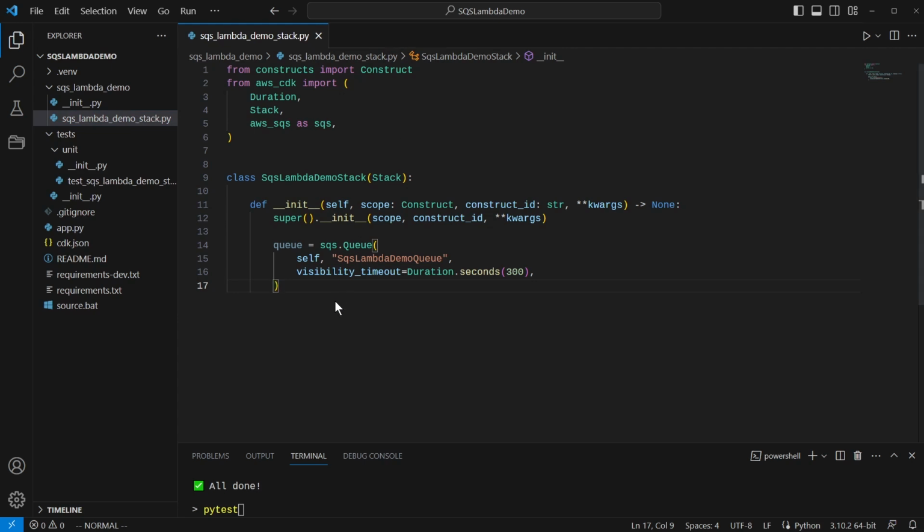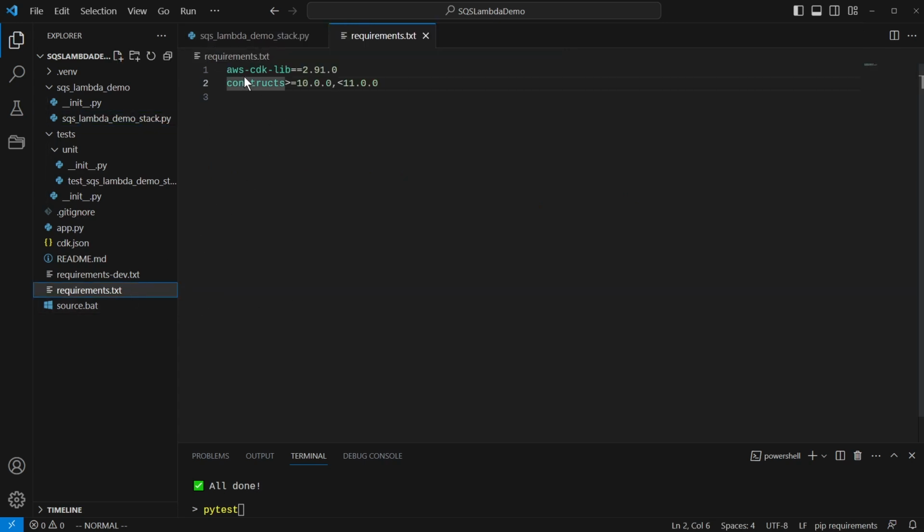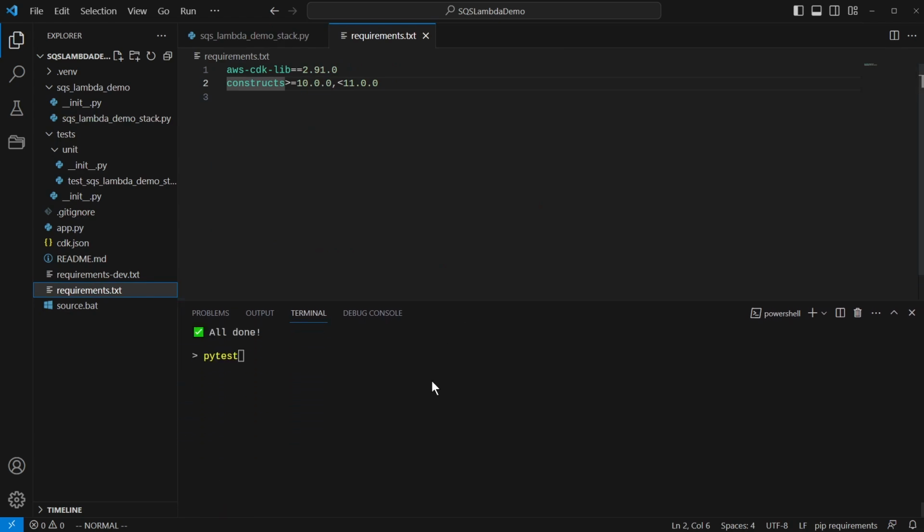So at this point, we are ready to install some dependencies that we need. Remember, in our requirements.txt, we have the CDK lib here in a constructs folder. We just need to run a simple command to install all this stuff. So let's clear all this out and get rid of it. And so I'm going to type python -m pip install -r